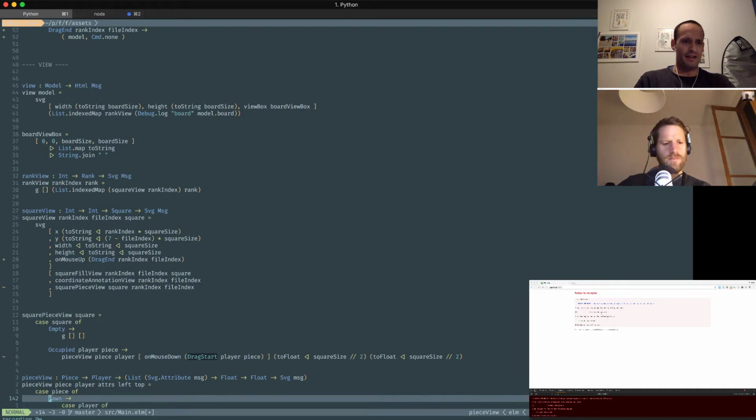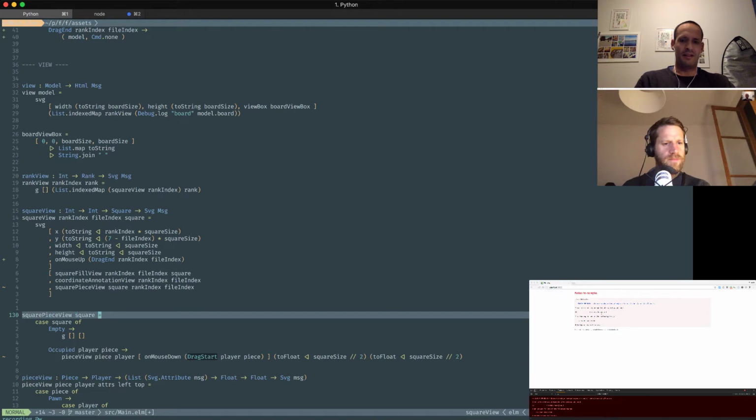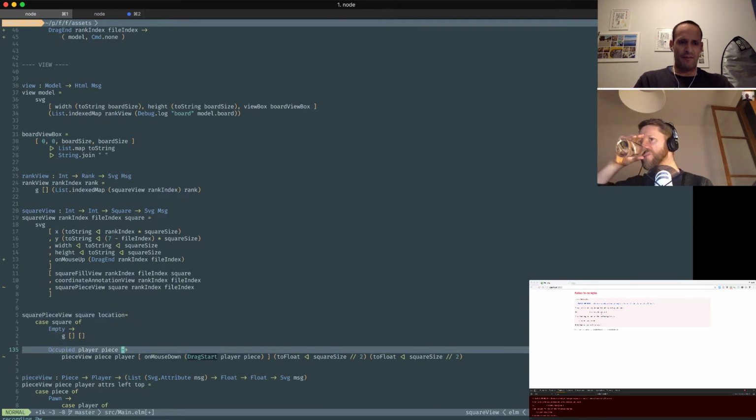Okay, so this is location, rank index. Yeah, I think we don't actually need to unwrap it at this point. We can pass the location to the drag start event, and then we can unwrap it in the update. Yeah, that makes sense. Okay, so now we have this location, and we're going to pass it